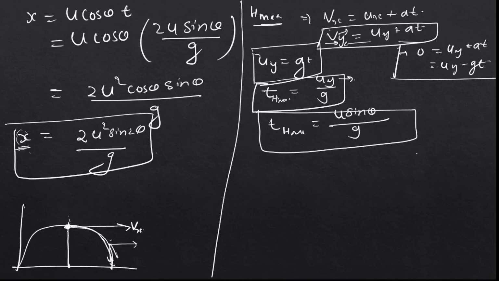Now I want to find the maximum height. Maximum height I can find by the second equation of motion, which is for finding the position at any particular time, as I have already told you many times. So similarly, now because I am interested in finding the maximum height, it will be along y,